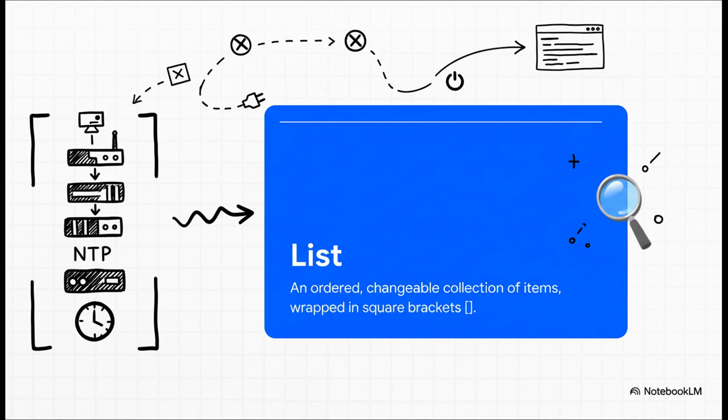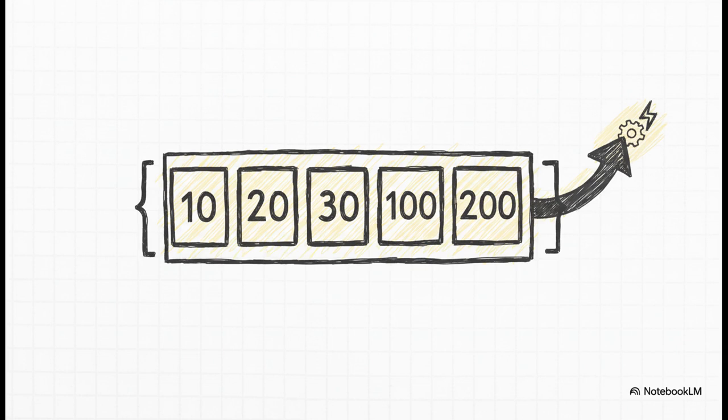It's the perfect container for, say, all your NTP servers or all the interfaces you need to configure. Check this out. Here's a perfect real-world example. This is just a simple, clean list of numbers. Each number represents a VLAN we need to create. It's easy to write, easy to read, but the real magic happens when we start to do something with this